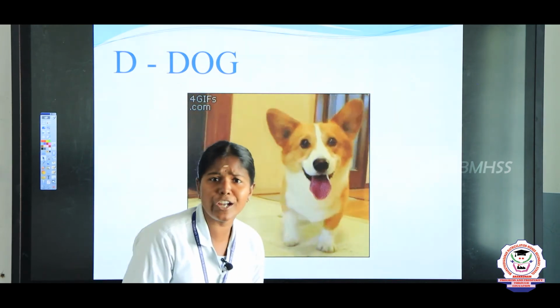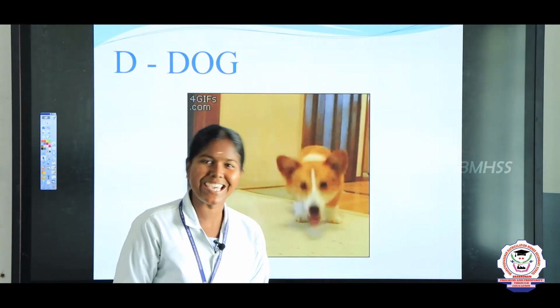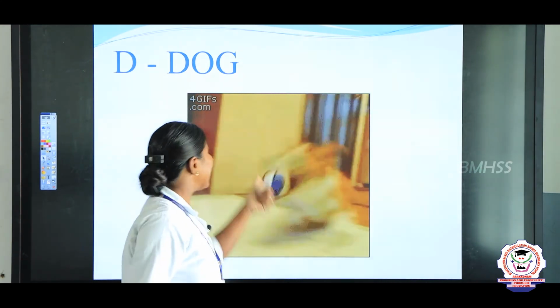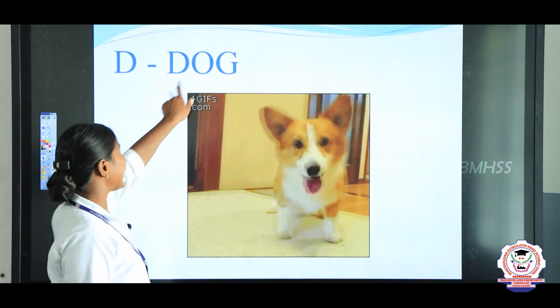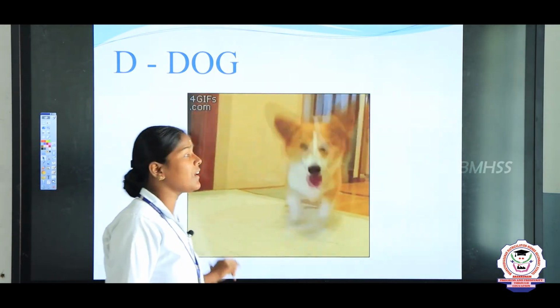Do you have a dog in your home? உங்க வீட்ல நாய் இருக்கா? இருக்கா தீப்தி? சூப்பர். சாரா? உங்க வீட்ல இருக்கா? எங்க வீட்லயும் இருக்கு. The spelling of dog is D O G. Dog. Shall we write the spelling?